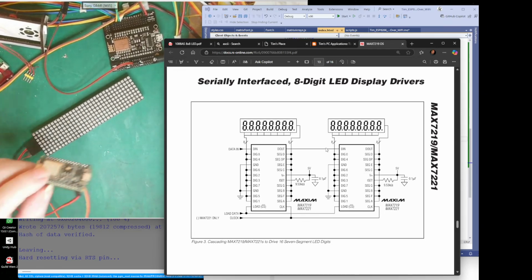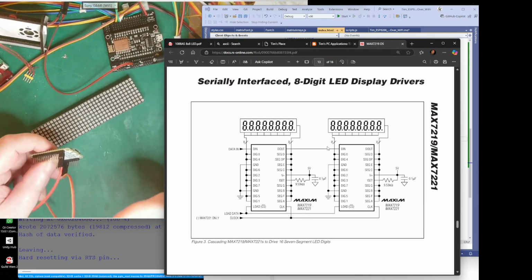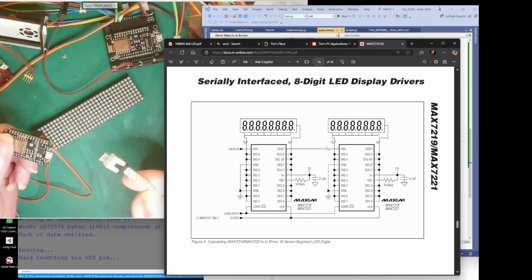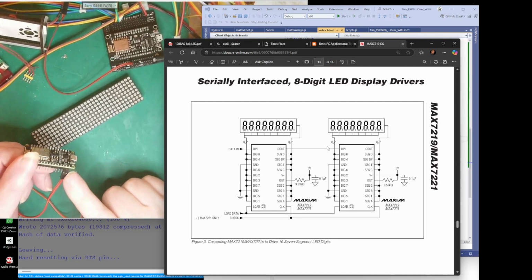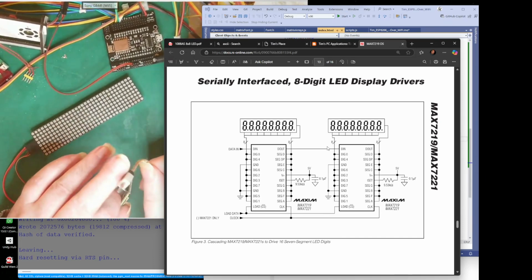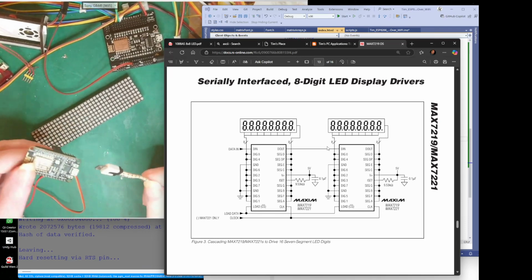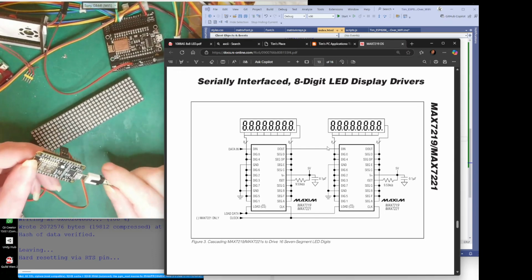Let's plug this in. So I'm just going to plug this in. All this USB is putting power. I can just put 5 volts to these 2 pins here, or we can get 5 volts from our USB. This is not sending any data or talking to it. We're not using the serial or anything. This is just using the power coming out of the end of here to power this device and this device. That's all it's doing. Once we plug it in,